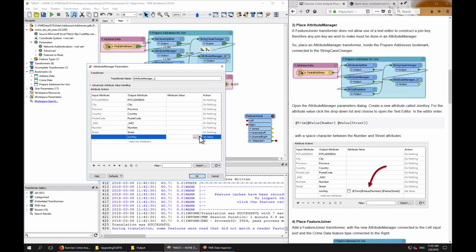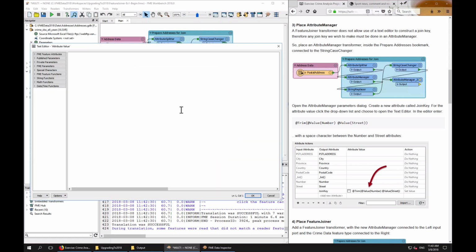And in the attribute value, we're going to click on that, open the text editor, and put that construction in there. You can construct that by typing it, by picking the string functions from here, or you can just copy it from the training manual and paste it in there, or we should be able to copy, paste. No, it doesn't like that. Okay, I'm going to have to write it in by hand,